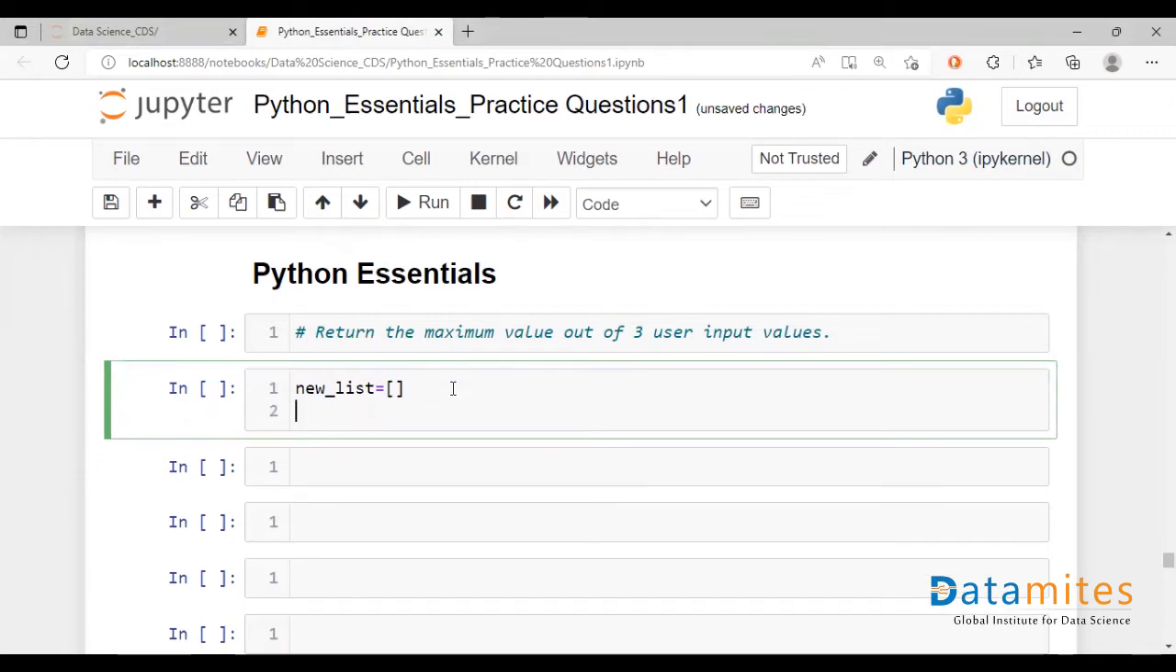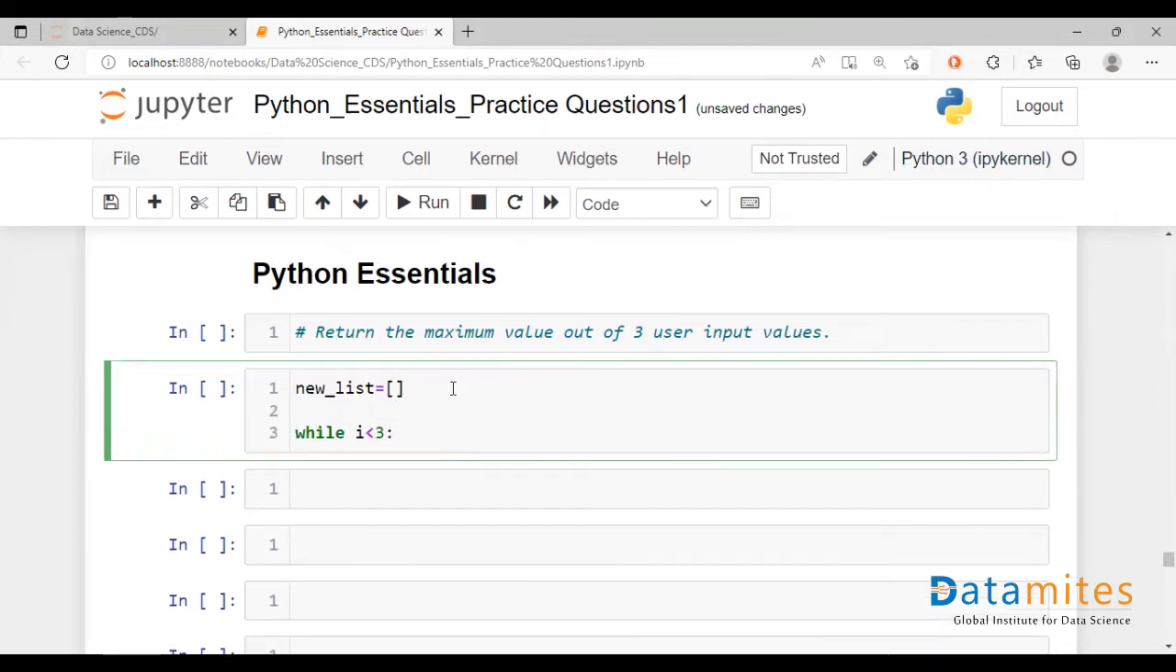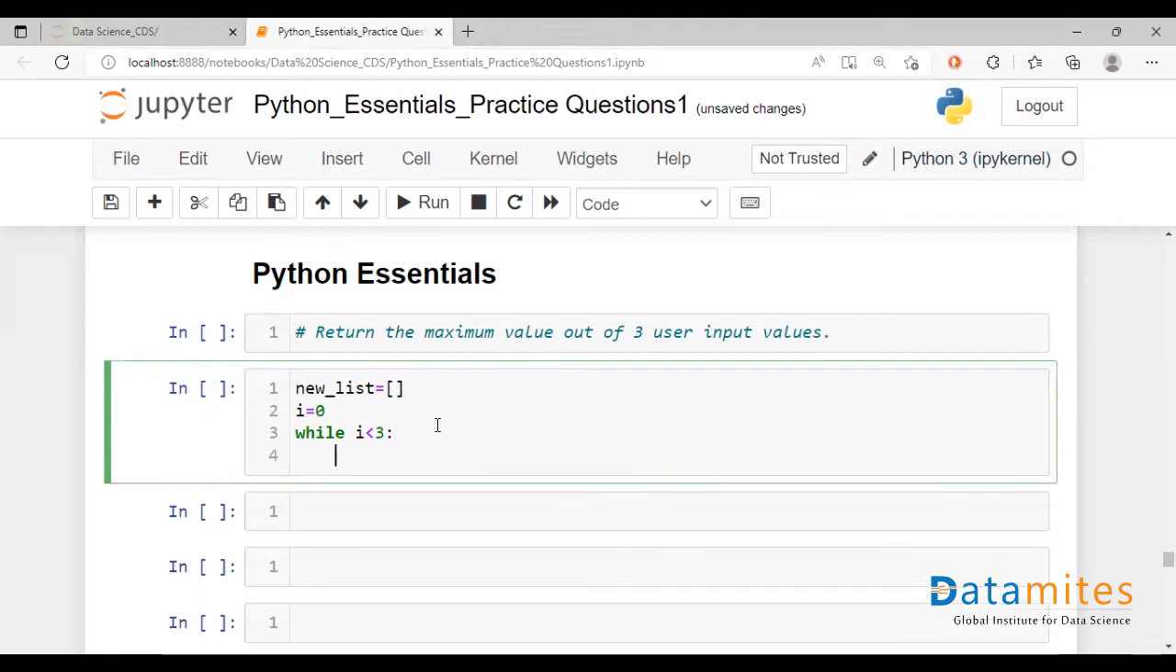Okay. So if we use the while loop, let's say while I less than 3, let's try to initialize with I is equal to 0. So we'd have the values of I 0, 1, and 2. Okay. And while I less than 3, we can